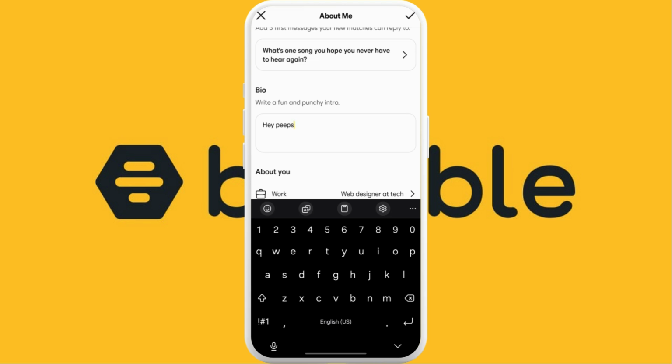So you can consider creating a playful game in order to engage potential matches. You can use playful language and don't be afraid to be funny. Maybe you can write something like,